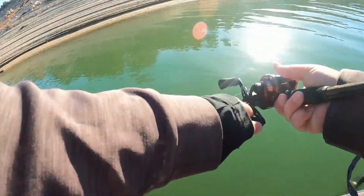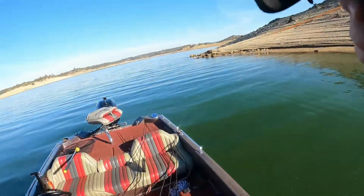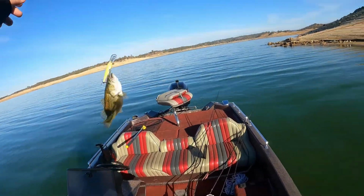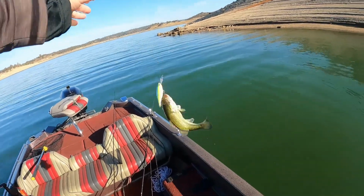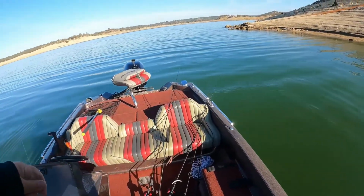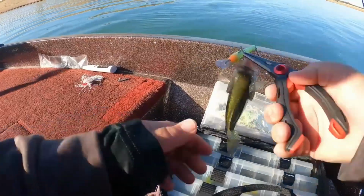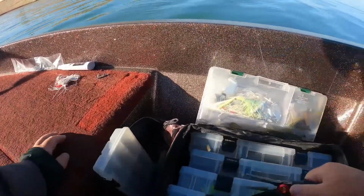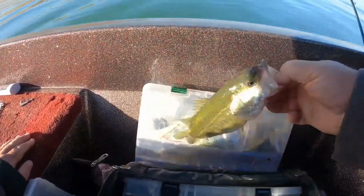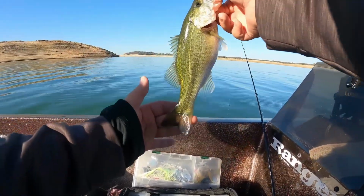There's one on another crankbait. Another little guy. This is a much deeper diver. As you can see, it's like a sexy shad color, but super bright. I went with this just to kind of stand out. One on the bottom lip and one on the top. Okay, cool. There we go. That looks good. All right, looks like it's a crankbait for the win today. Nothing big, but